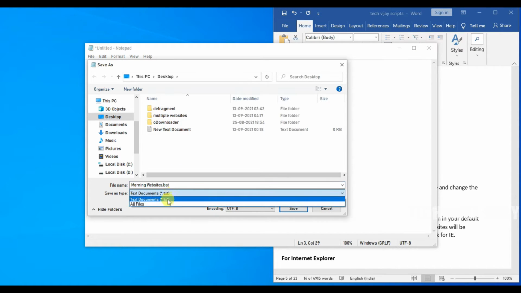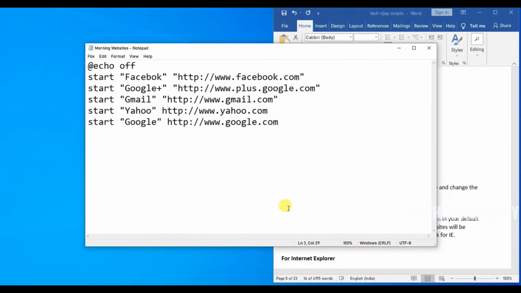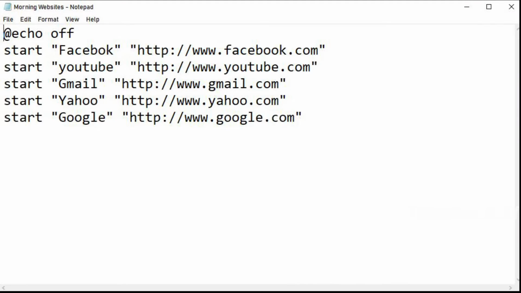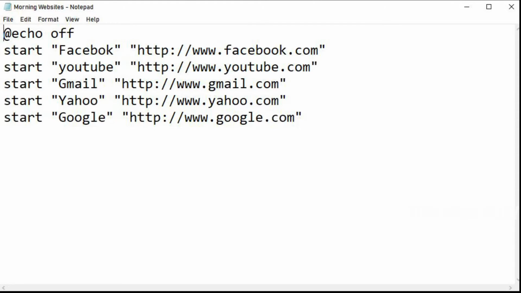For demonstration, I have written some instructions in the notepad, that is @echo off. Here, start Facebook: start is a command to open a URL, Facebook is the name of a URL, and http://facebook.com, that is www.facebook.com. From this instruction, the default browser will open the Facebook site, and in the second instruction, start Google Plus, that is